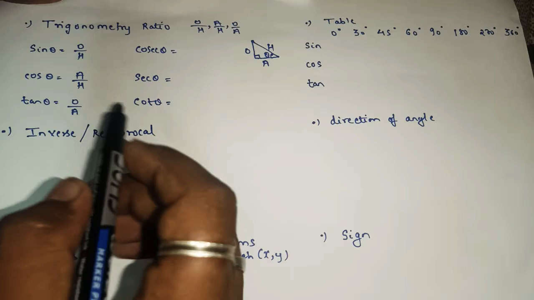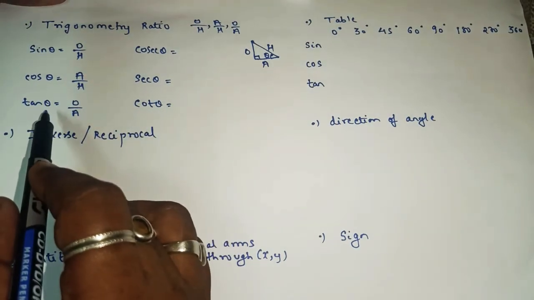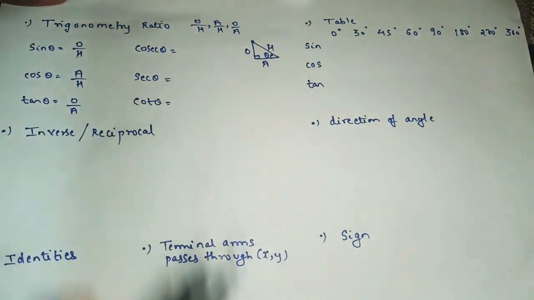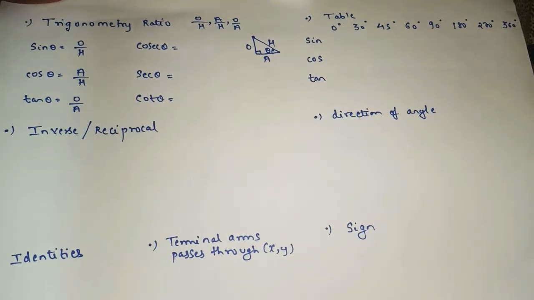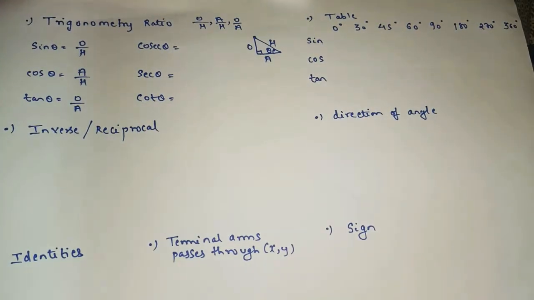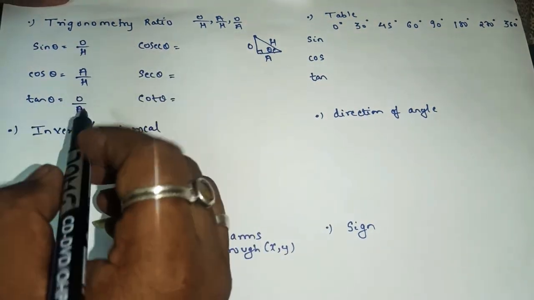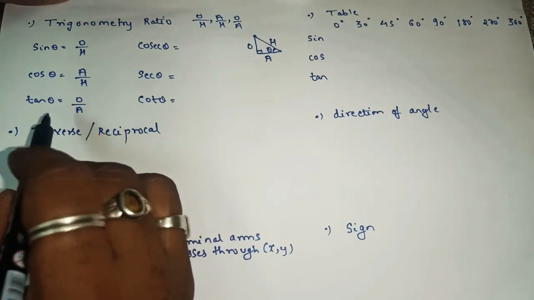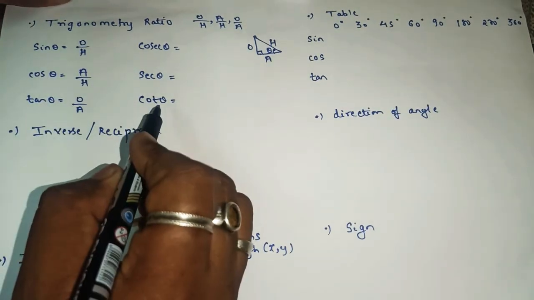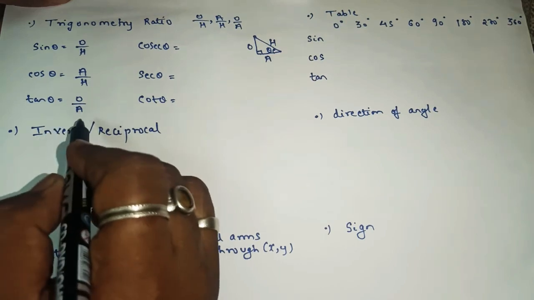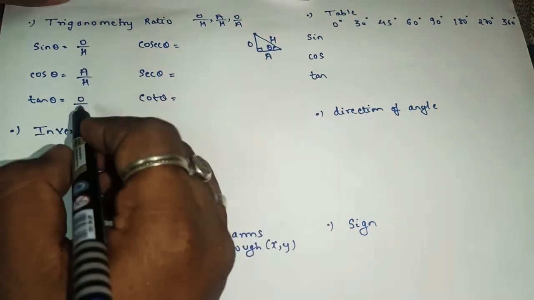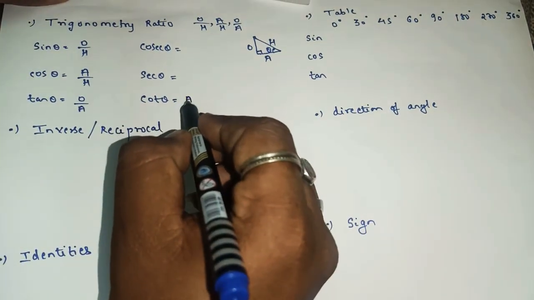Then after this, we know that there is a relation between tan, cot, cos, sec, sin, and cosec. I hope you all might be knowing this, because these are all basic things that were there in your 9th and 10th standard. So we know that there is a reciprocal relation, an inverse relation. Whatever value of tan we get, cot will be its reciprocal. So tan is opposite upon adjacent, and the answer for cot will be its reciprocal, A upon O.